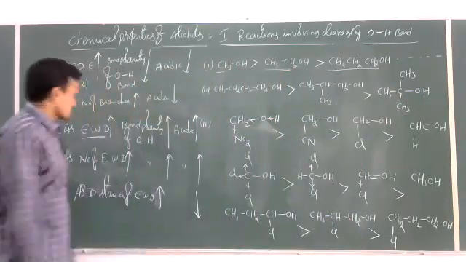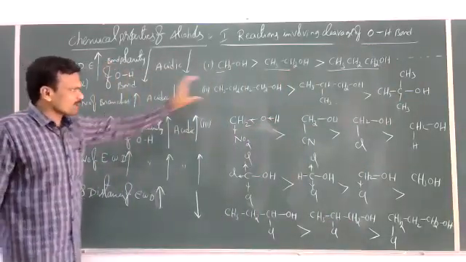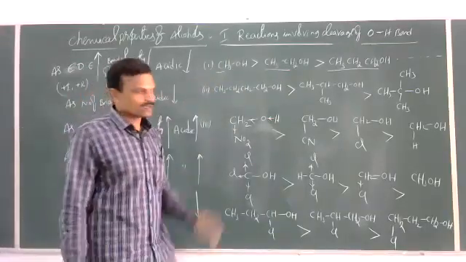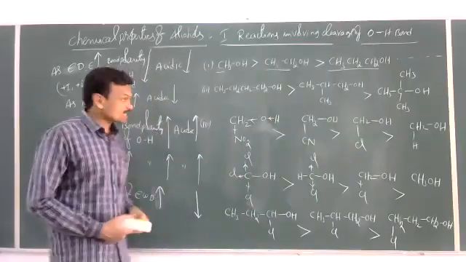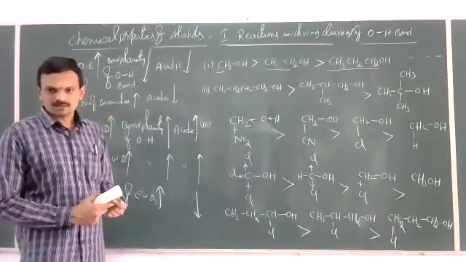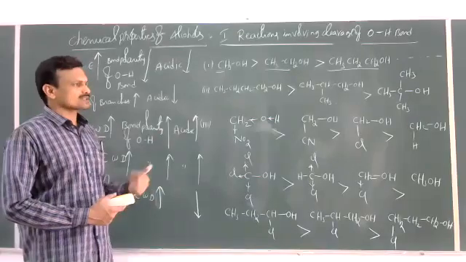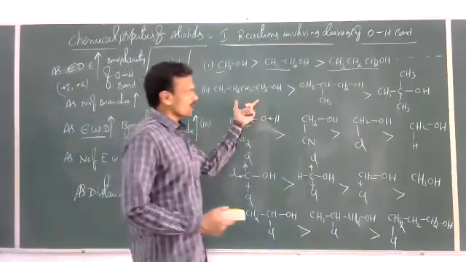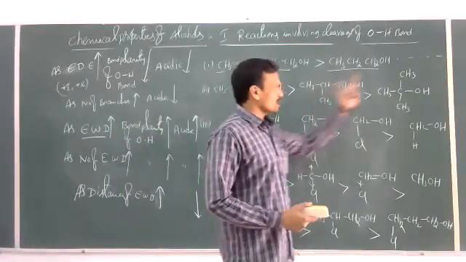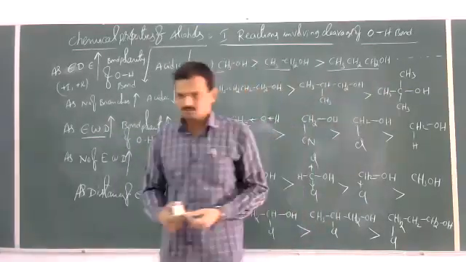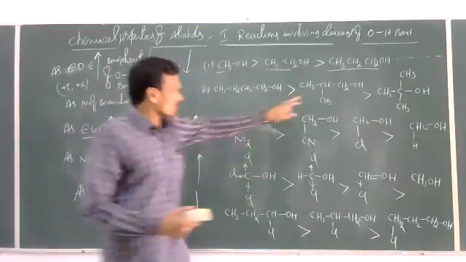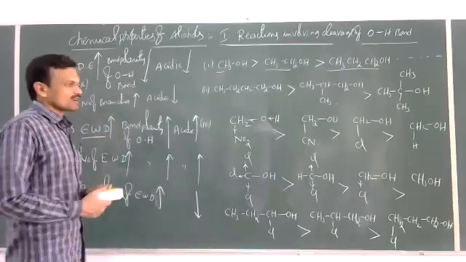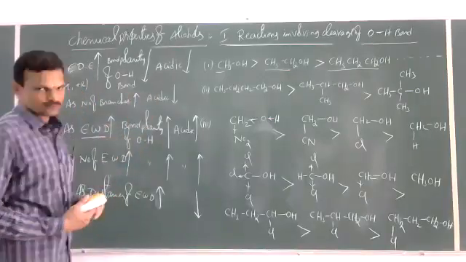Okay, next. With the same number of carbon atoms, as the number of branches increases, the electron donating effect, that is the plus I effect, increases. As the plus I effect increases, the acidic strength of alcohols decreases. So here n-butyl alcohol, isobutyl alcohol, tertiary butyl alcohol, the number of branches is increasing. Here one branch is there, here two branches are there. So the acidic strength of alcohol decreases.